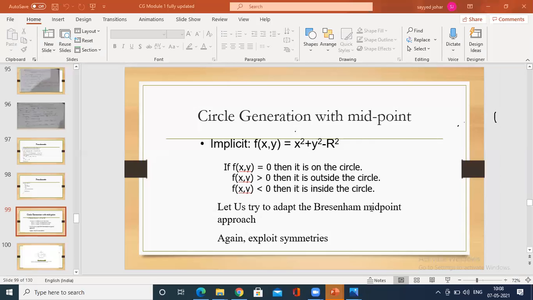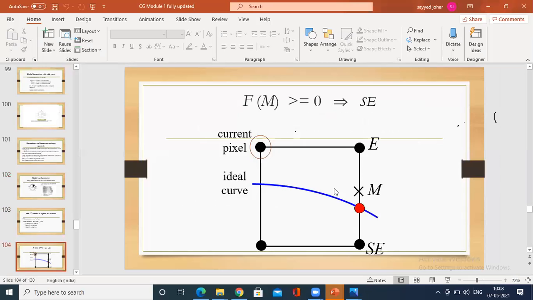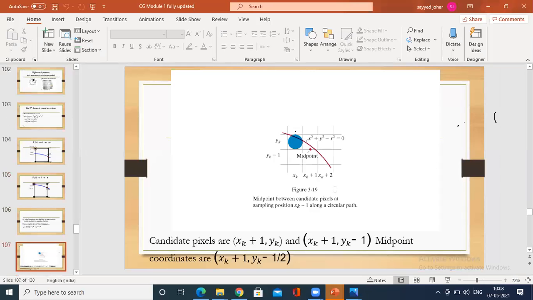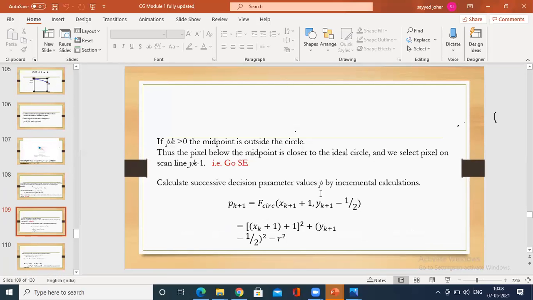So now we are left with the problem. Let us solve it in the next class. So now as I suggest, I have given this PPT. Just go through the PPT and the notes and try to understand what is the midpoint circle algorithm and how to identify Bresenham's circle drawing algorithm to determine the sector of a circle, that is pixels of a circle, based on the decision parameter p naught.